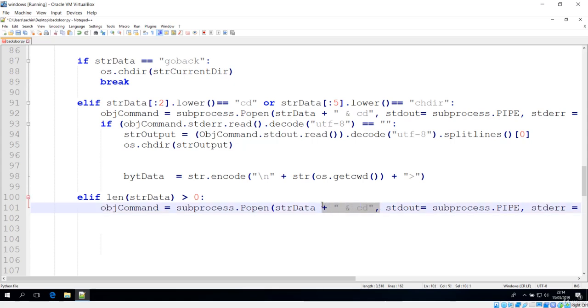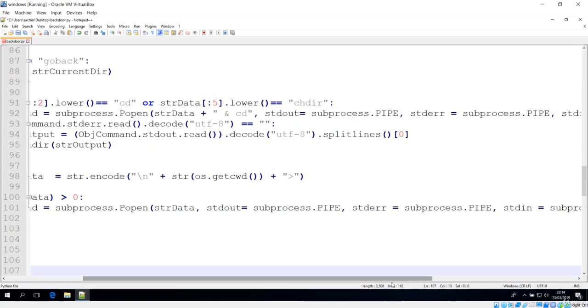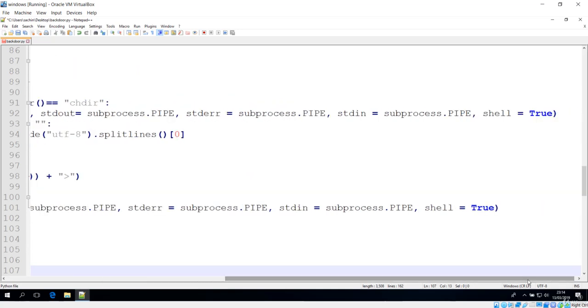So I'll just remove this, and after the str data, it should be stdout, and there should be the process, that is this subprocess.PIPE, and there should be the stderr attribute, which will have this subprocess.PIPE again, and there should be the next one, that is also the subprocess.PIPE. And we have talked a minute before about these subprocesses, and the shell should be true. So we have now completed this command.